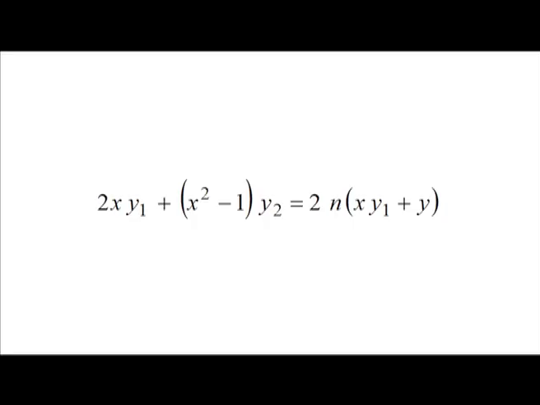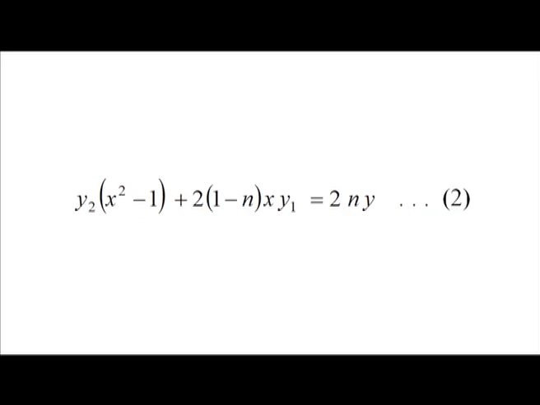Differentiating this equation once again with respect to x, we get 2xy1 plus (x² minus 1) into y2 equal to 2n into (xy1 plus y), or y2 into (x² minus 1) plus 2 into (1 minus n) into xy1 equal to 2ny. Now, by Leibniz theorem, taking x² minus 1 as the second factor and noting that its derivatives of third and higher order are 0,